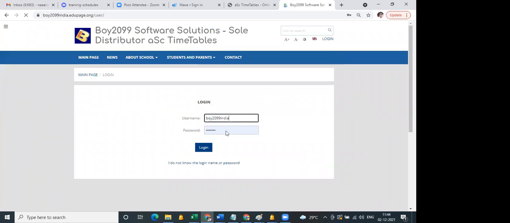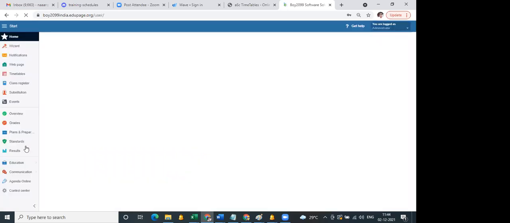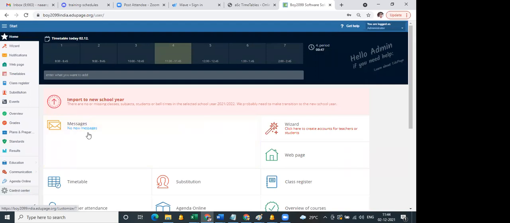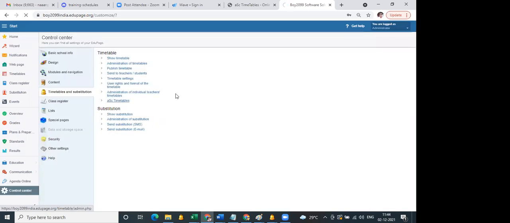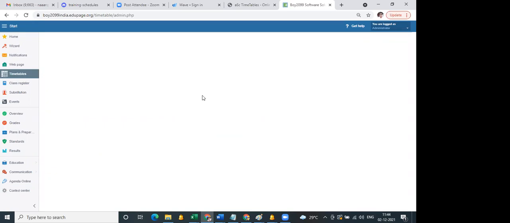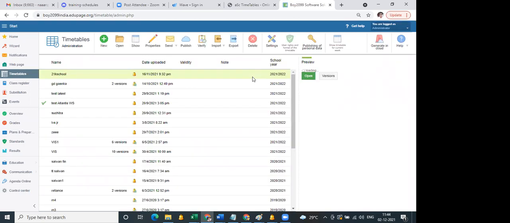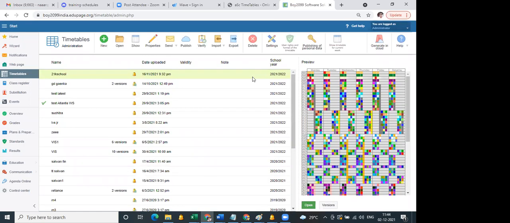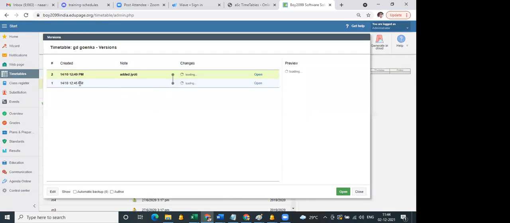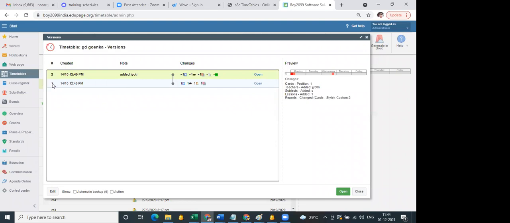So you will be provided with a username and login, and here itself you can upload your timetables. So you can work on the software itself online and offline as well. Maybe I can suggest, like, teacher A works on a timetable, and once they upload it, it will be saved, and you see two versions. It shows you now 1 and 2. So teacher A has worked on a file and saved it, and that is saved as file number 1.